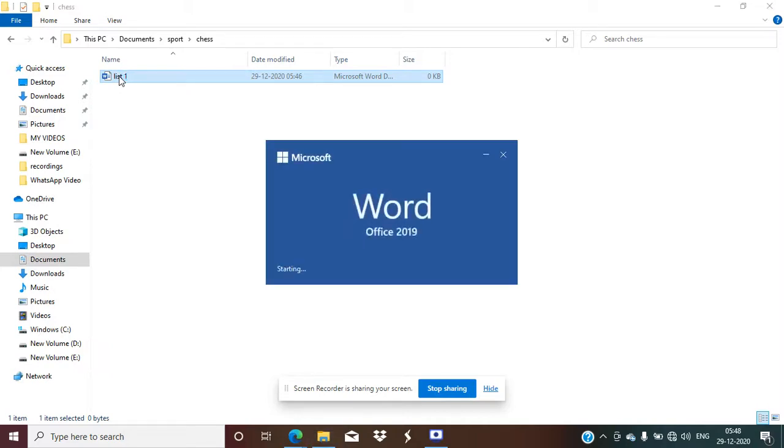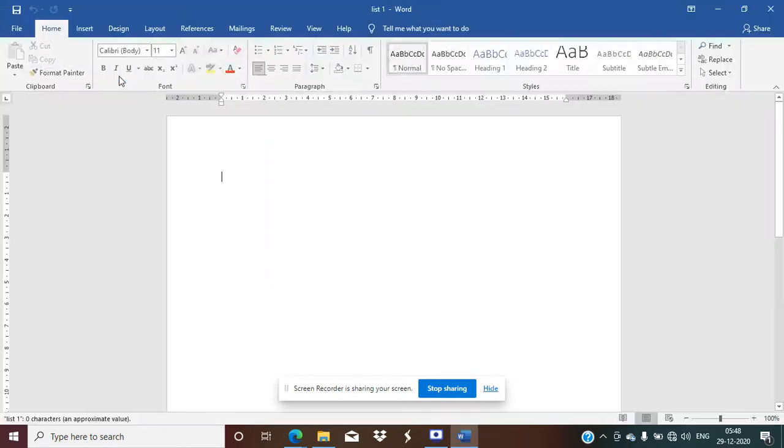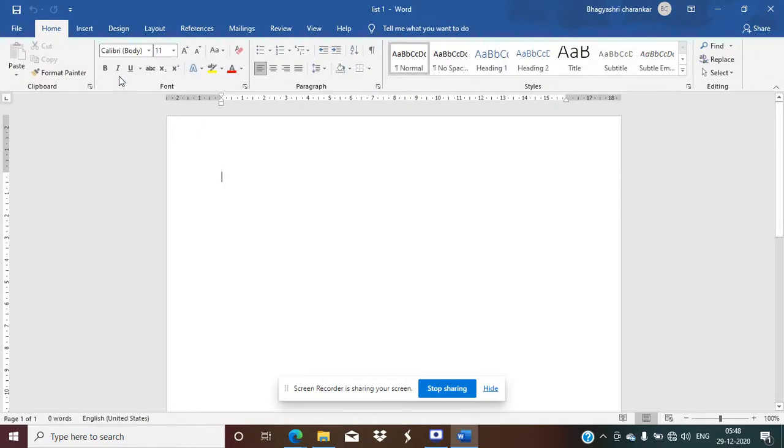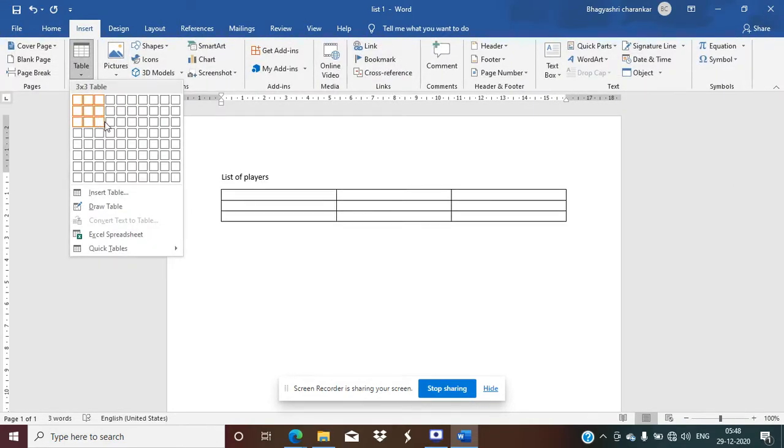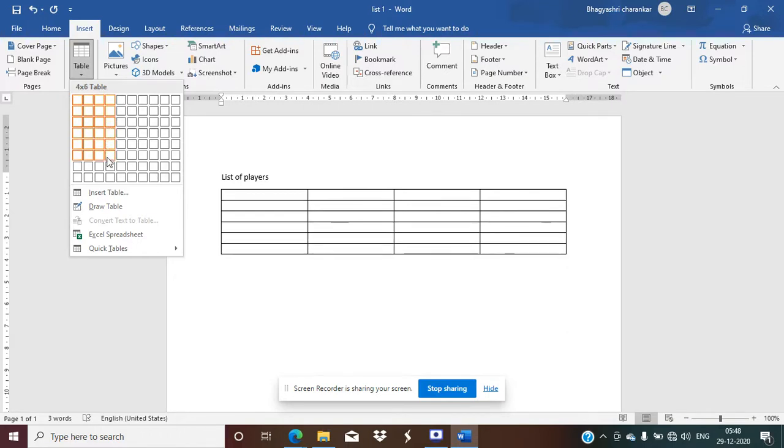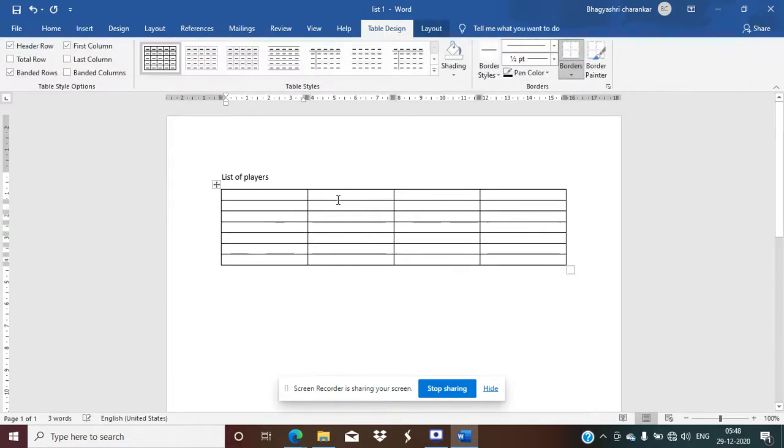Whenever you open Microsoft Word and then choose to enter information in it, it will ask you for a blank document. But as here we have already saved our file, it will never ask us to create a blank document. Now you can create a list here. I'm creating the table here. Suppose I made a table,